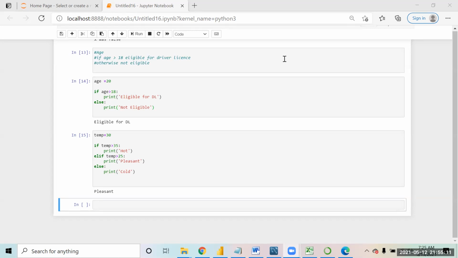I hope now this is clear how we have used the if and elif conditions over here. It's straightforward, right? Nothing tough in this.